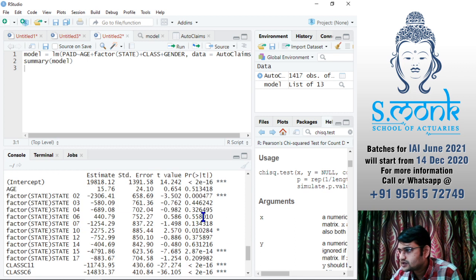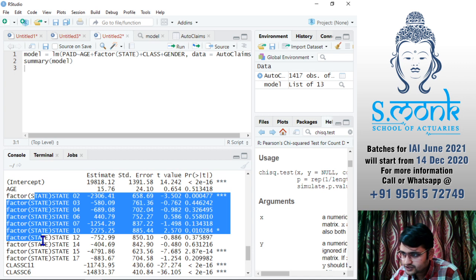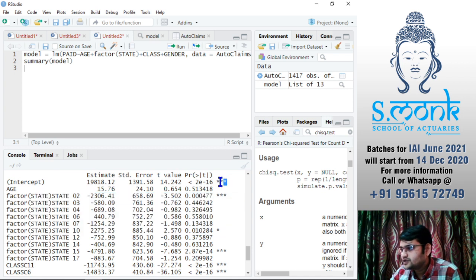So this p value is always testing whether our variable or a factor that is given to us here is significant or not. The star also signifies significance. They are always testing whether the coefficient is 0 or not. So intercept means alpha, and this is beta. Age is our variable, so for that we have beta here. The estimated value of alpha is this much, the estimated value of beta is this much.